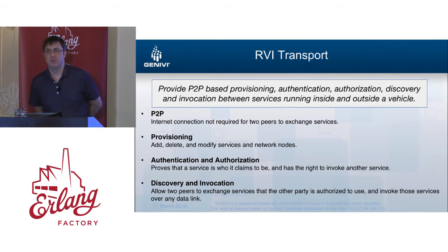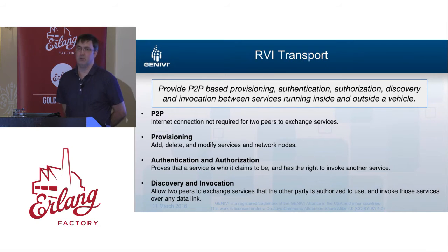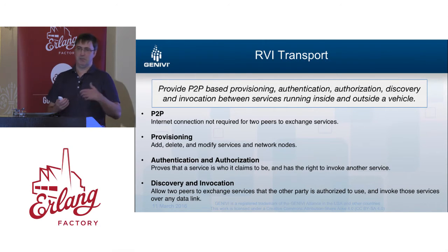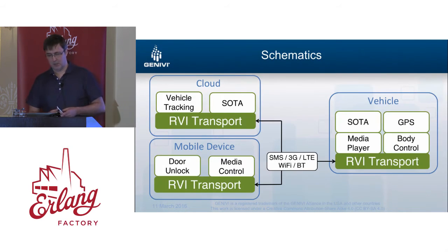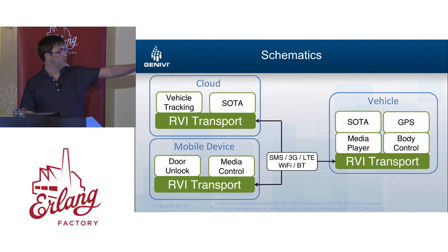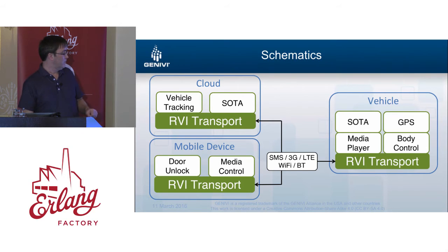And in order to support these requirements, what we have built is a peer-to-peer, more or less transport agnostic, multi-transport system that supports service discovery, authentication, and authorization. So basically, we can take the next picture here. Say you could have services in the cloud, services in the mobile device, that is the car, or this is pretty generic. So if you're not interested in cars, you can think of other areas where you would have similar use cases. And you could have on your mobile device